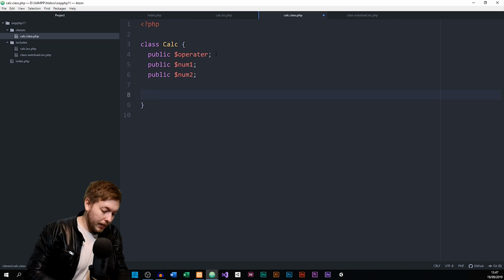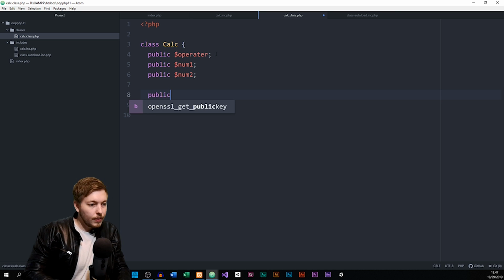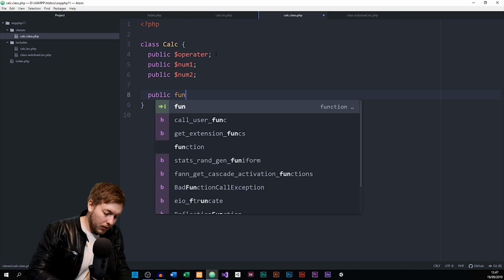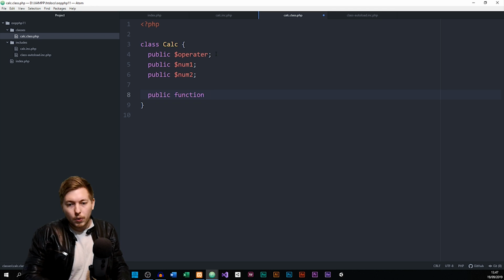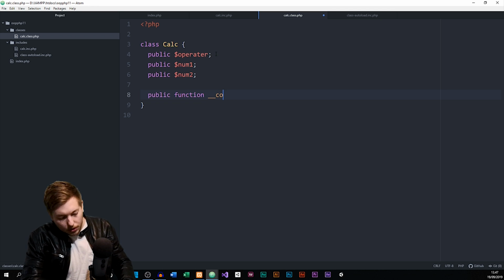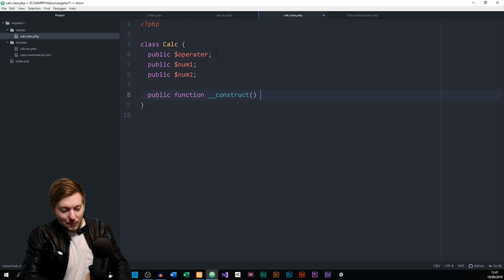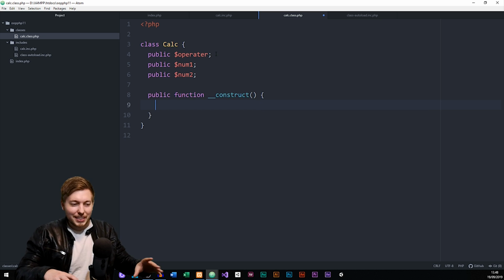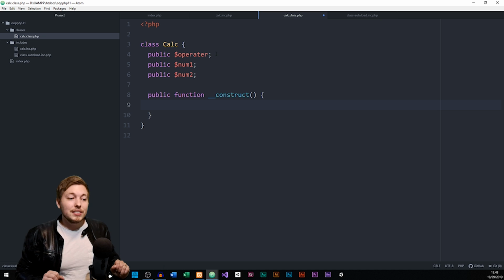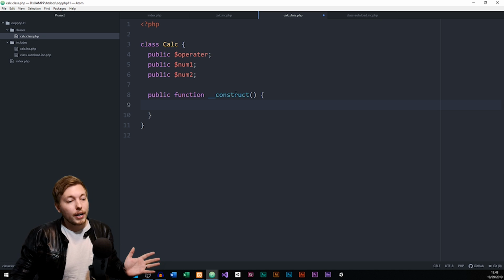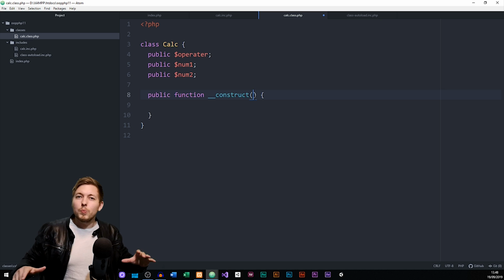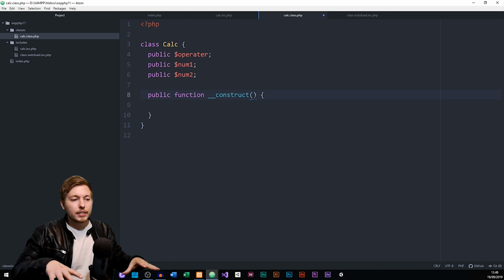So we're going to create a public function, and we're going to call this one __construct. See if I can actually type this correctly. There we go. Messing quite a bit up because I can't see the keyboard. Inside this constructor, we're just going to go ahead and fill in these properties. So we're going to start by just adding in what kind of data we want to have inside the parentheses